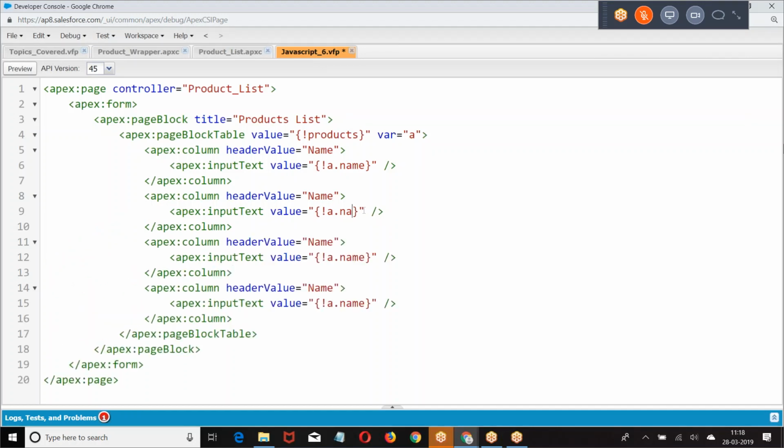Then I have name. Price. Name, quantity, price, product. This is the structure what I create. First, let me show the UI part. Then we discuss about how to create a JavaScript.